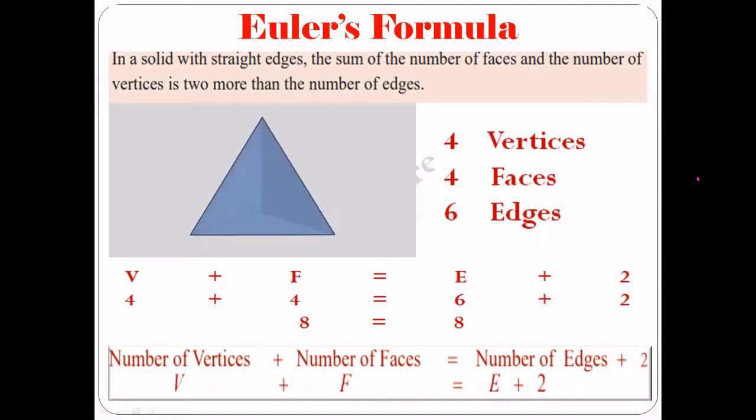Here in this equation, this is also an equation. You know equations. This is also some type of equation because in the middle an equal sign is there. Can you see? In the middle an equal sign is there, and some terms are there in the left hand side. Here V plus F is in the left hand side, E plus 2 in the right hand side. So left hand side and right hand side is there, and in the middle an equal sign is there. So this is a type of equation.